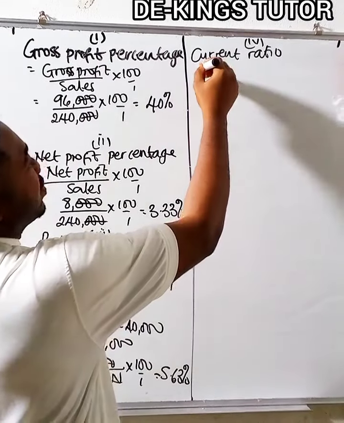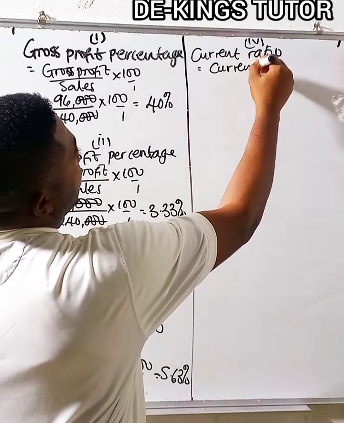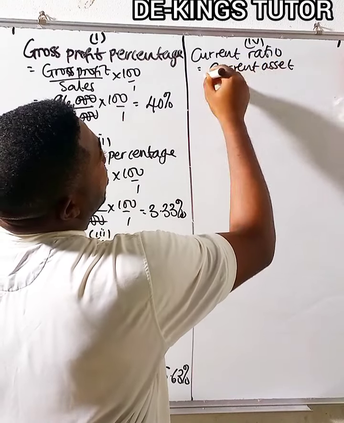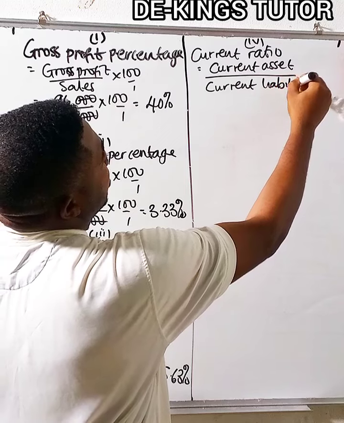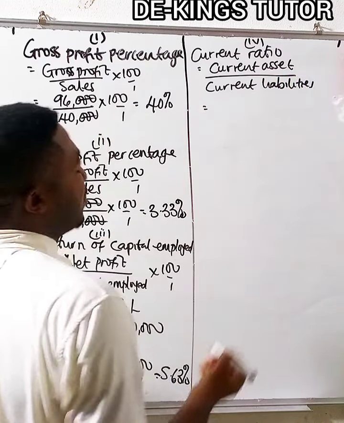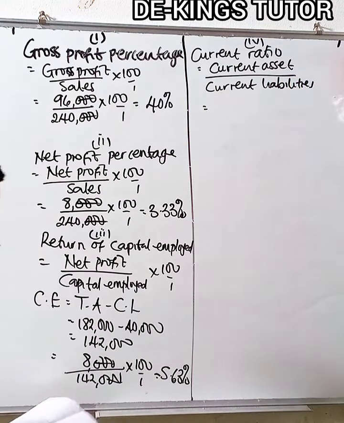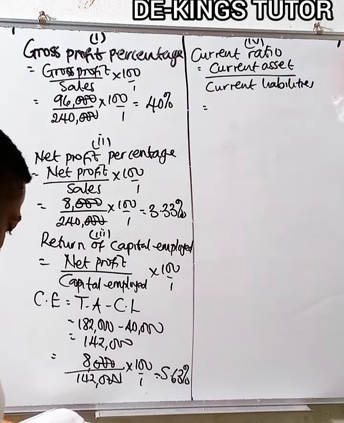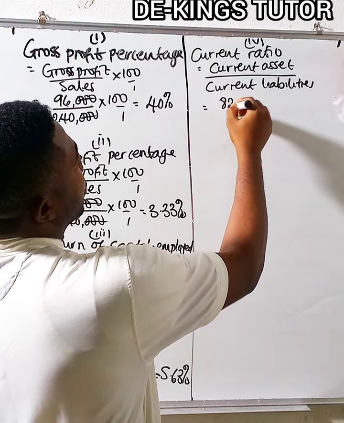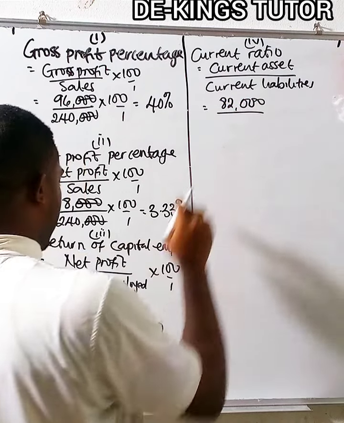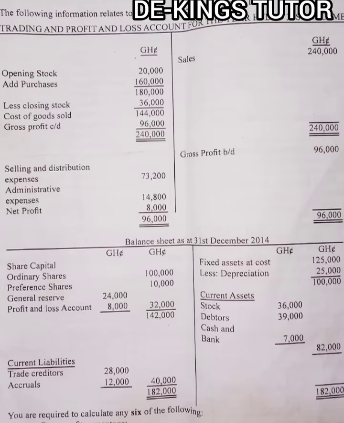Now the current ratio is giving us the current assets over the current liabilities. Now let's check the question there. The current assets, you see it: stock, debtors, cash and bank. Everything sums up to 82,000 divided by our current liability. We've seen it before as